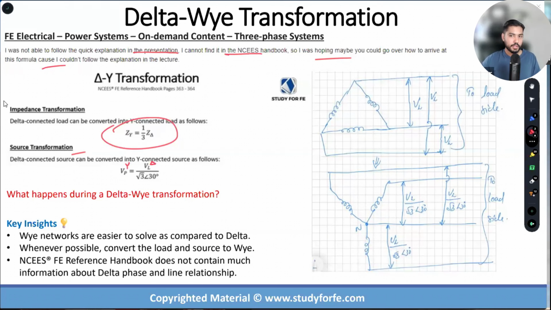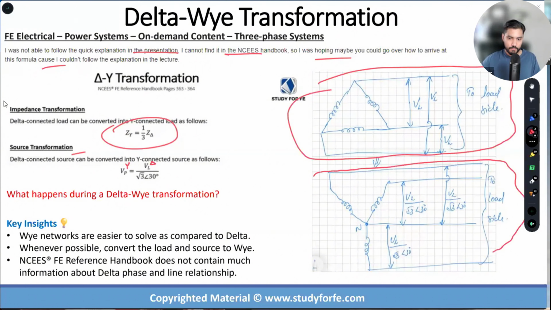So let's start with the picture. So this is my delta network on the top, correct? And I want to convert that into a Y network at the bottom. All right, guys. Okay. So this is the line voltage that is appearing on the delta between the terminals. Okay. So what I'm saying is that whether this is 480, whether this is 600, whether this is 15 kV, 13 kV, 69 kV, whatever voltage this is, I'm going to take that voltage, the line to line voltage